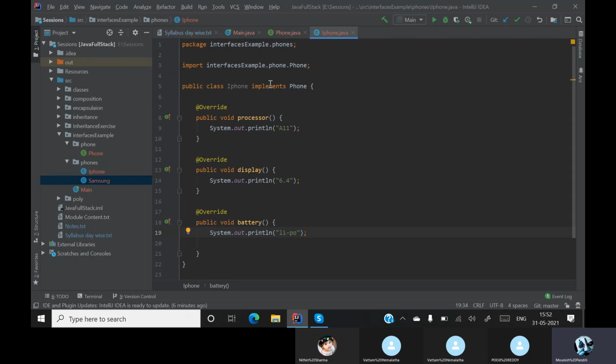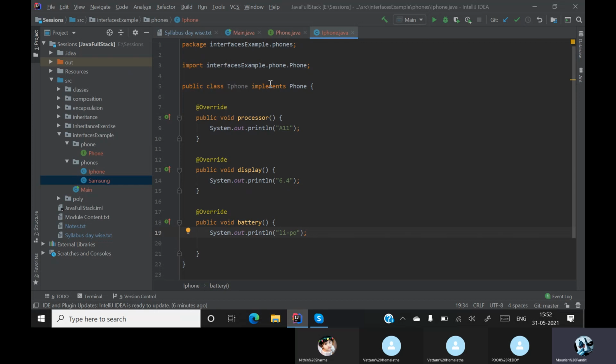But in this case, the processors may vary. In the same way, the body of the method may vary for each and every example. But every phone must have a processor and a display. Maybe I'm using a very small phone or an old phone. In that case, my processor will not be Snapdragon, it will be MediaTek. MediaTek is an old processor that has a series starting from 3. So those kinds of scenarios may be there.